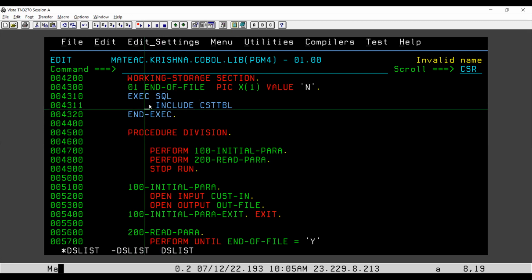And we write the DB2 related statement, whether it is a declaration or whatever statement. And this is the end of this DB2 related statement. So when you compile this, this will be expanded. Now let's go to